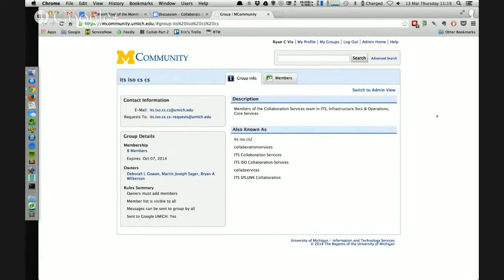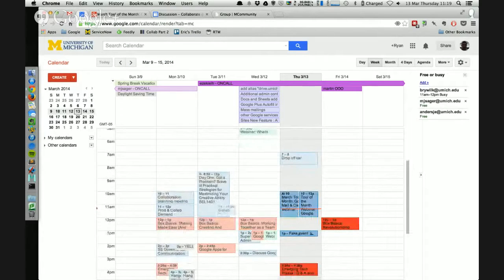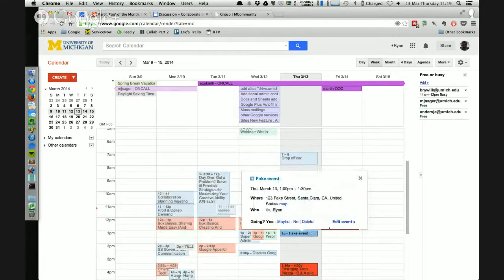Now, it's not a Google group in the sense of what we talked about just before with the Collab forum. This is just a group of individuals that you can use for permissions, and now you can use them for calendar invites for it as well. If I go back to my calendar, I've created a fake event in advance here. I handily called it fake event.